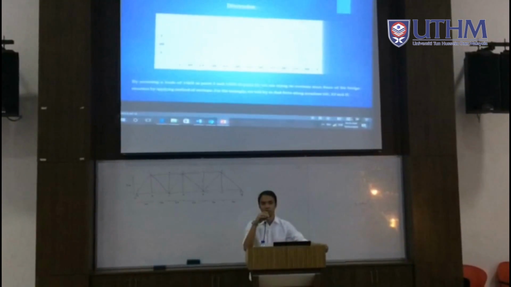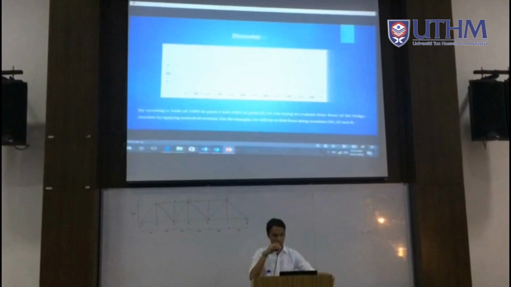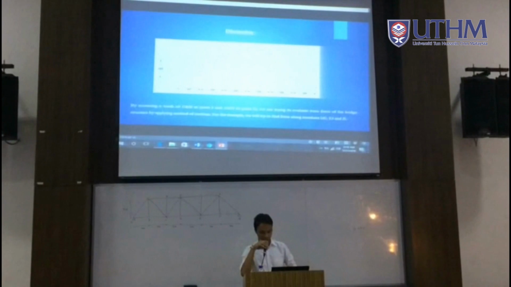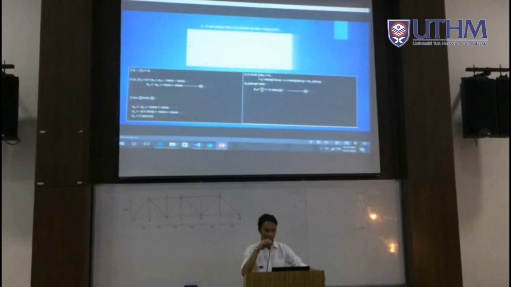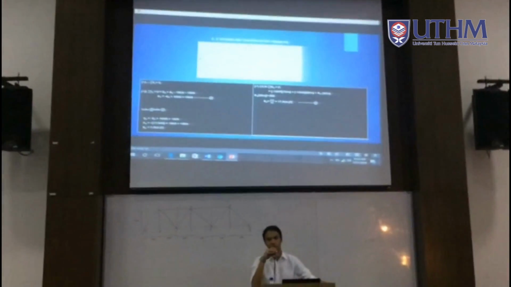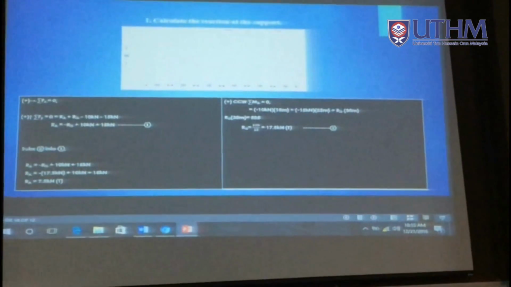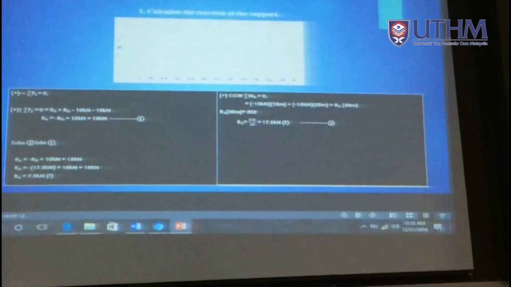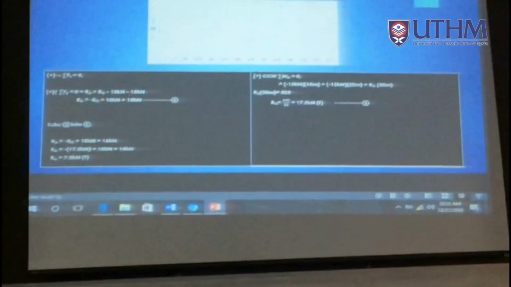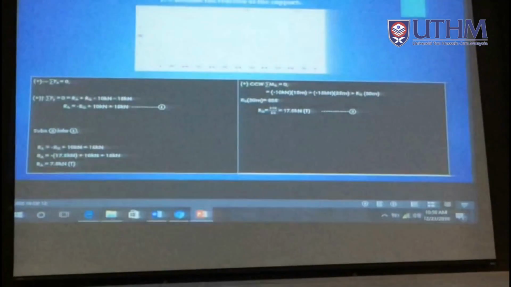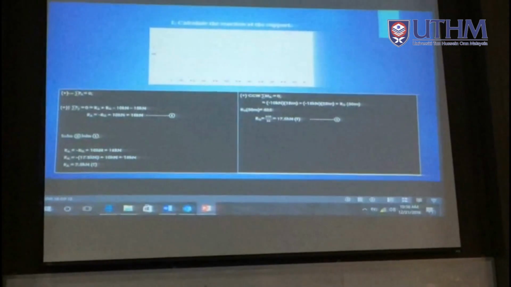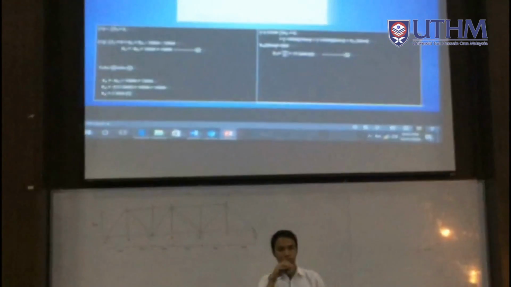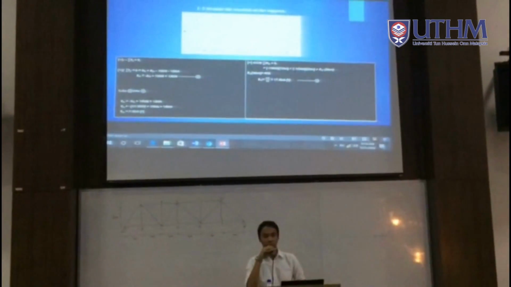We are trying to evaluate the force of the truss structure by applying the method of sections. For example, we will try to find the force along members DE, EJ and JI, and this is how we calculate the reactions. Firstly, we have to identify the support reactions on the truss structure, which we have identified as RA and RG. After that, we find RA first, the reaction at the support at point A, and then by using the equation of equilibrium, we can find RA and RG, where RA is 7.5 kilonewton in tension and RG is 17.5